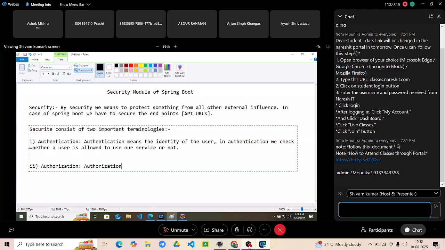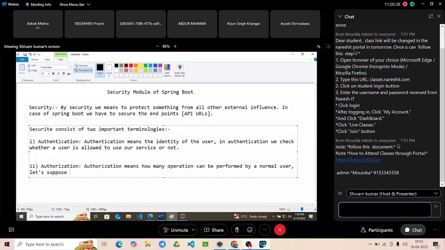Authorization means how many operations can be performed by a normal user. Let's suppose you are only allowing a normal user to read the data and admin can perform